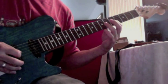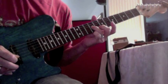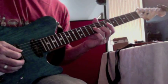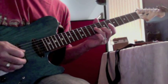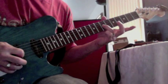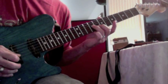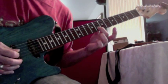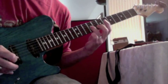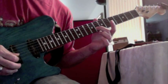Okay, so then we're going to pick the 7th fret G string and slide up to the 9th fret, and I do this with an upstroke. When you're doing consecutive strings here, you're picking on the outsides of the string. So you're going to be a downstroke on the 7th fret of the G string, slide up to the 9th, and then upstroke on the 8th fret of the B string, and back downstroke on the 9th fret of the G string. So again, and then upstroke again on the 8th fret of the B string, slide up to the 10th fret,